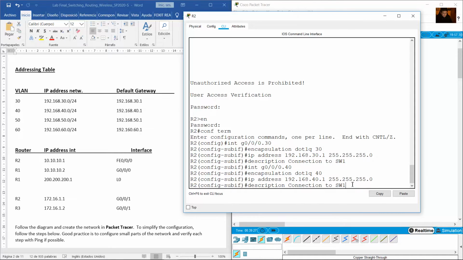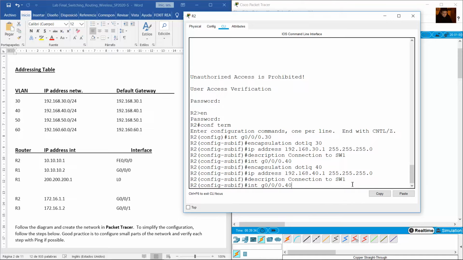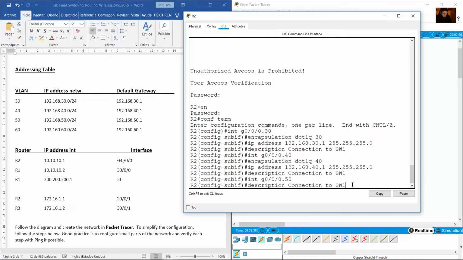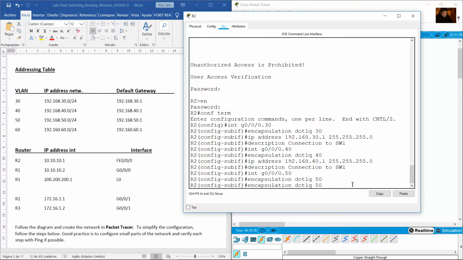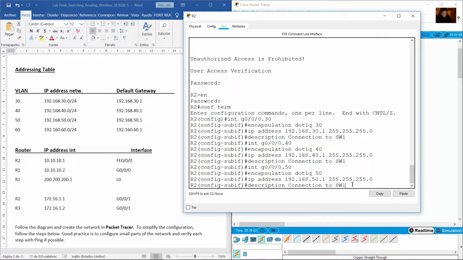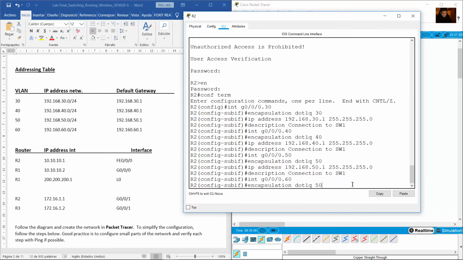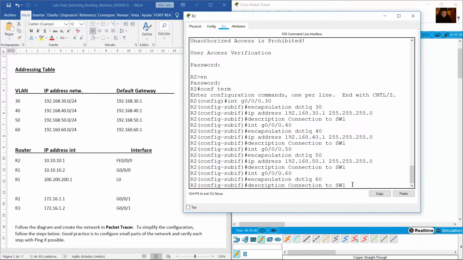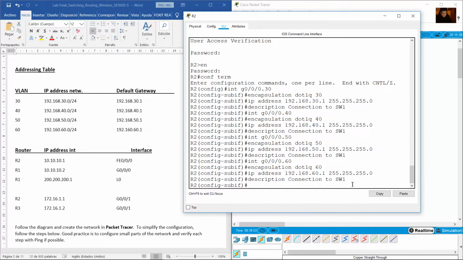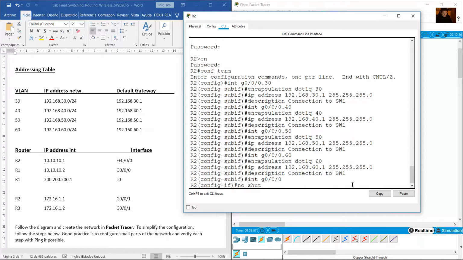Okay, connection to SW1. Then the same for VLAN 40 and 50 with descriptions. Okay, and go to physical interface, no shutdown,